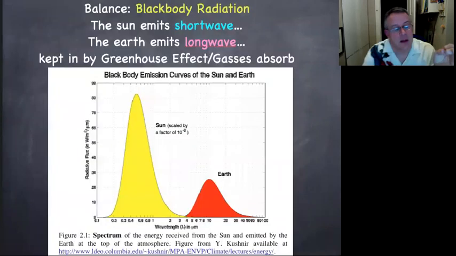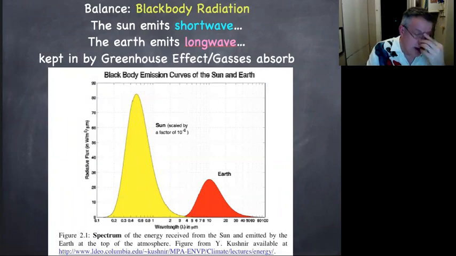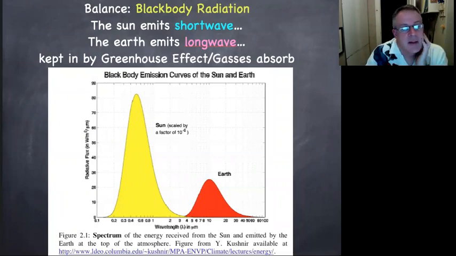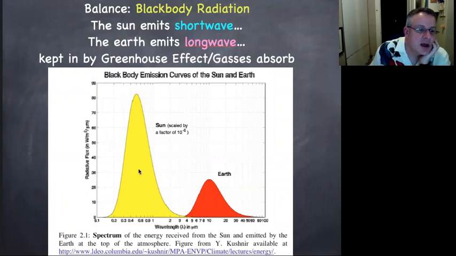Okay, let's talk a little bit more about longwave and shortwave radiation. When a hot body emits electromagnetic radiation because it's hot, it does it as a function of its temperature. And so hotter things like the sun emit at shorter wavelengths and actually have more area under the curve, which means more power emitted. The Earth, which is much cooler, is at longer wavelengths and has less area under its curve. So the point here is the sun is emitting more energy